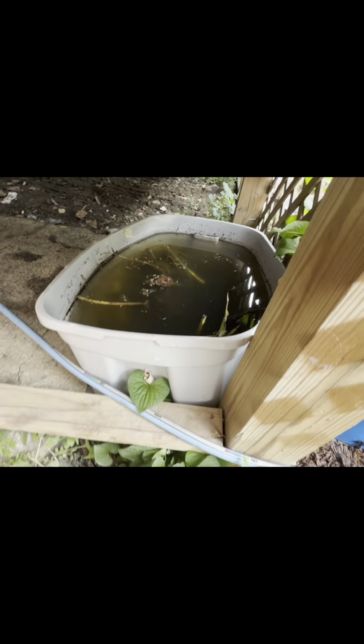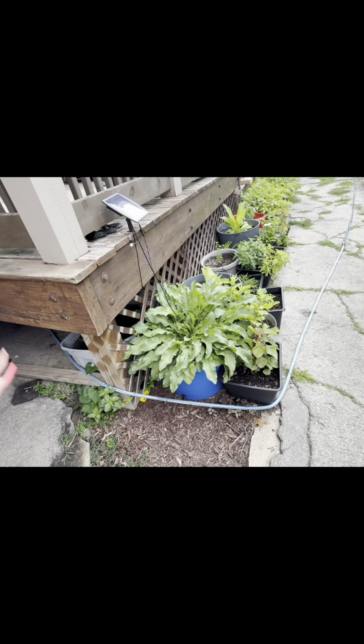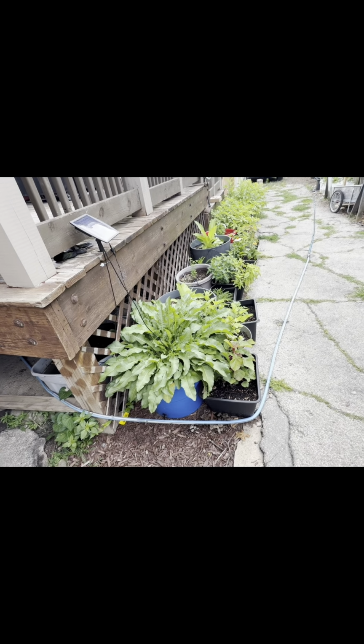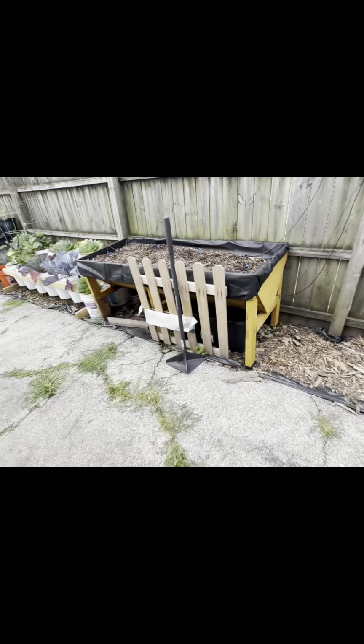Okay, and what I started doing, you see that water is brown. What I started doing is adding compost to the water to help give it some fertilization, and I see now it made a whole lot of difference. Adding compost directly to that water, a game changer for me. We'll definitely be doing it. Over here,